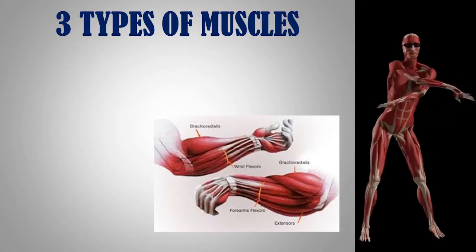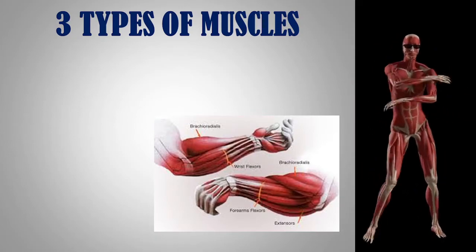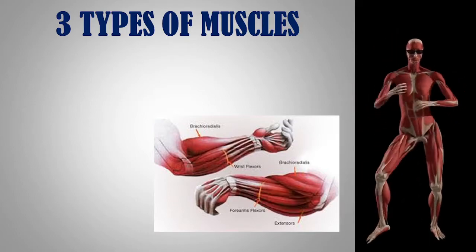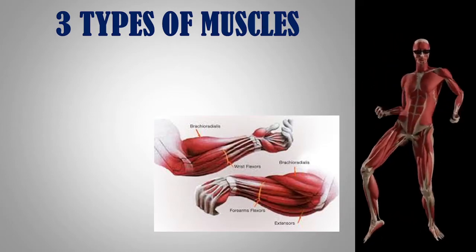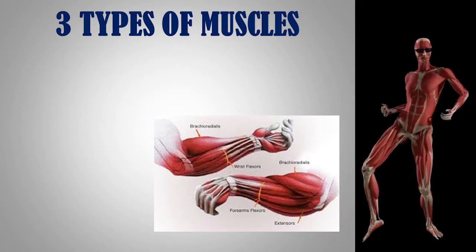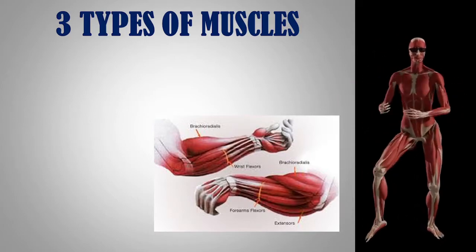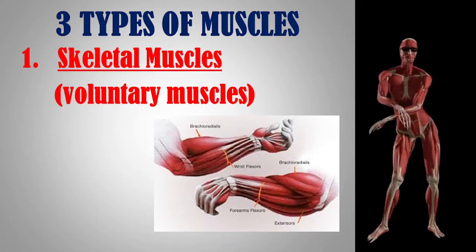Even if we're not doing anything, they are still working because they are directly controlled by the brain or the nervous system. So we call them involuntary. These muscles work without our knowledge or without our direct control. Okay, so let's start with the